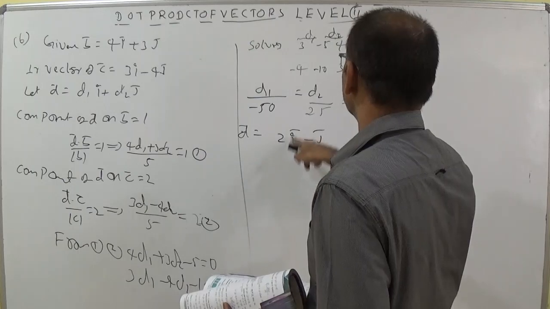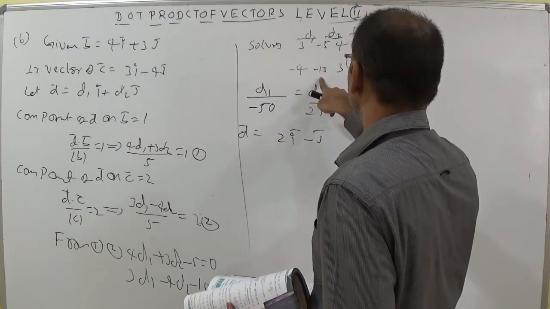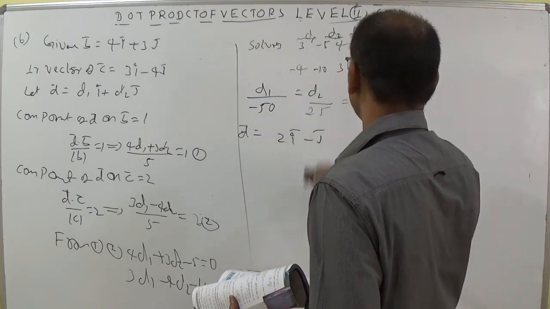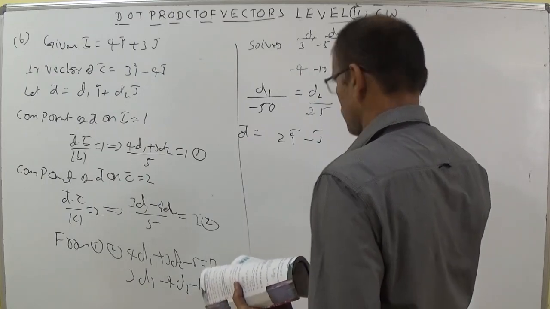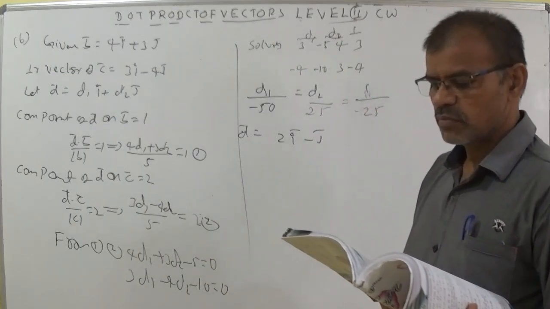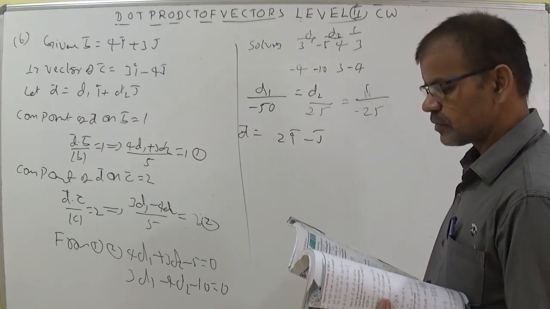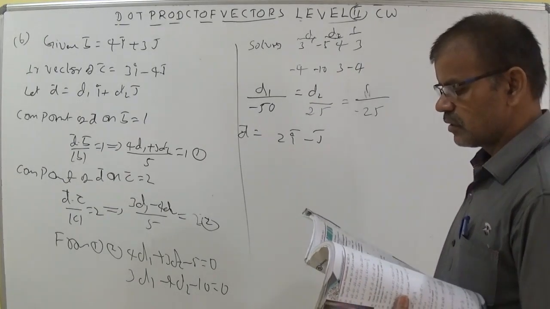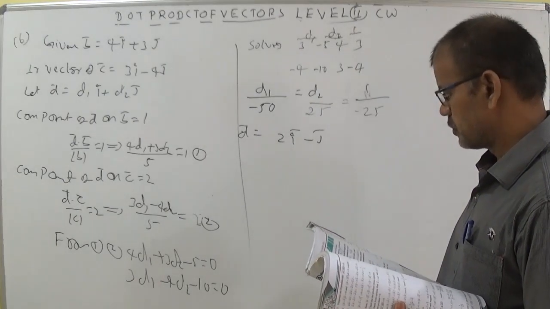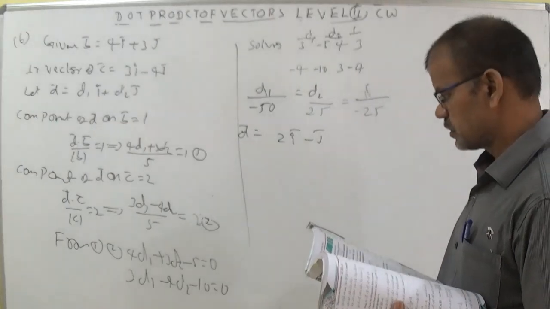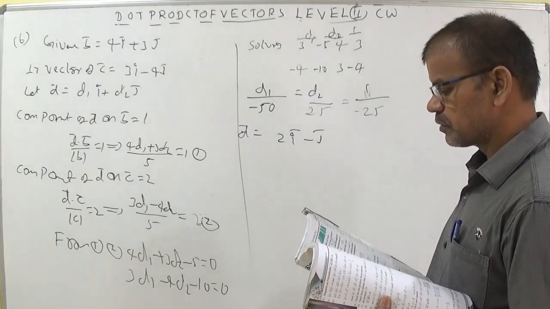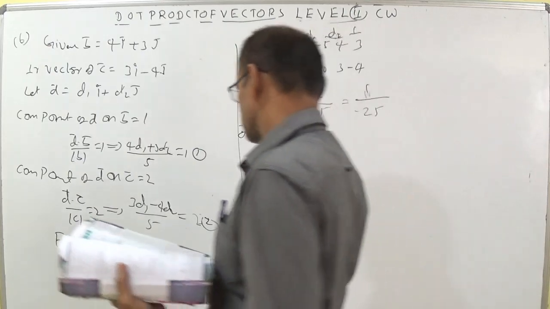It's okay. Now this becomes minus 30, this is minus 15 plus 40. We are getting, maybe it is given properly as 11, 2i minus j, minus 3d1 plus 4d2 equal to 10. 3d1 minus 4d2 plus 10.